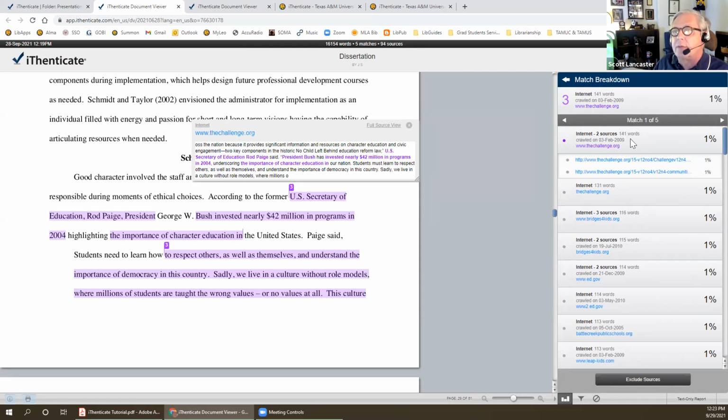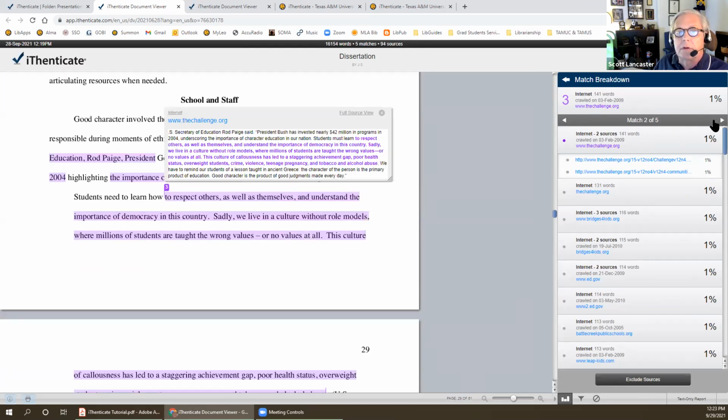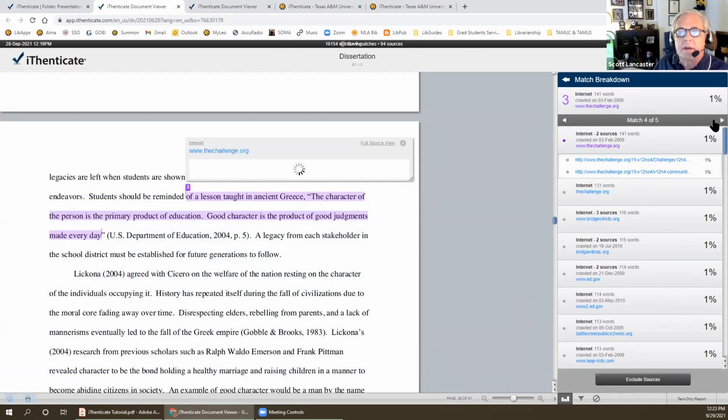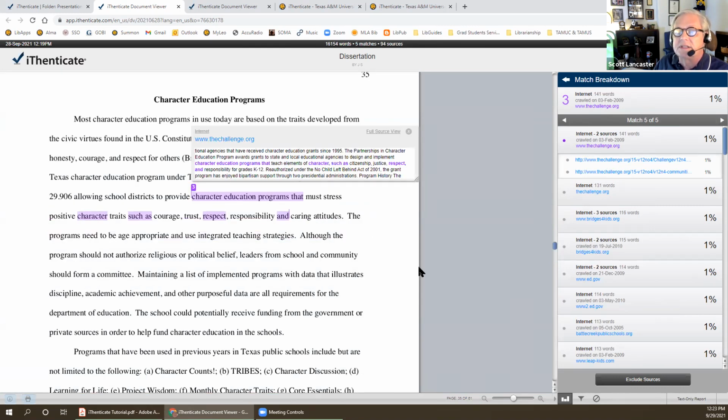So the 141 words are spread out among other places within the document, and you can look through and see all of those.